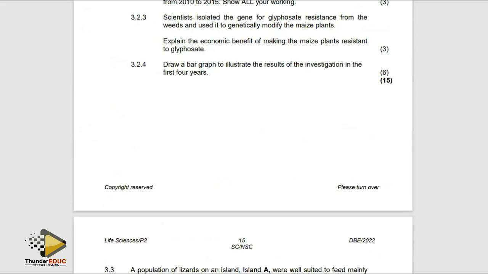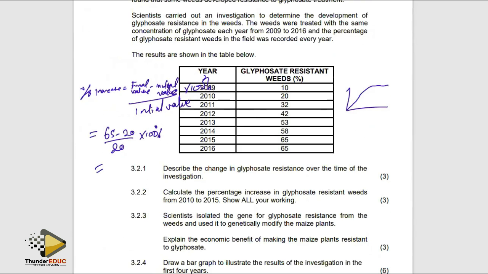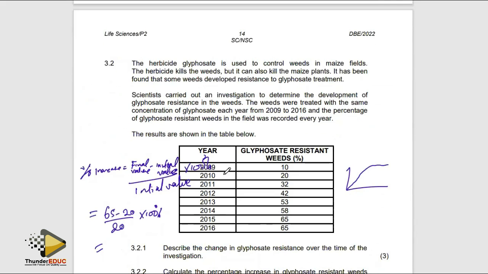Then they're saying to draw a bar graph. Before I go to the bar graph, can you identify the independent variable here? Is the weed dependent on the herbicide, or does the herbicide depend on the weed? It means that the weed will depend on the herbicide over a period of years. That's why here you see that over a period of time or years, that's why you see here that glyphosate resistance, the resistance